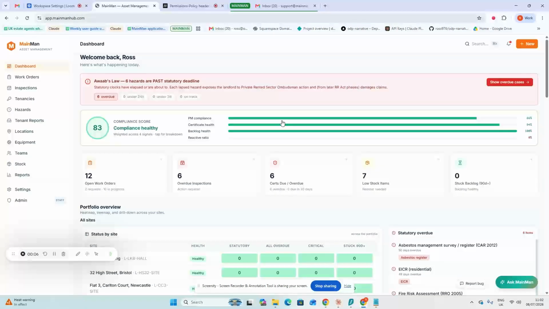So today we're going to talk through the contractor portal process that's available in the MainMan application. This is a piece of functionality that allows you to create your work orders as normal. You assign them to an external team, whether that's plumbers, electricians, drain experts, whatever it might be. They're set up as a team on the application, and then you will raise a work order, assign it to them, and